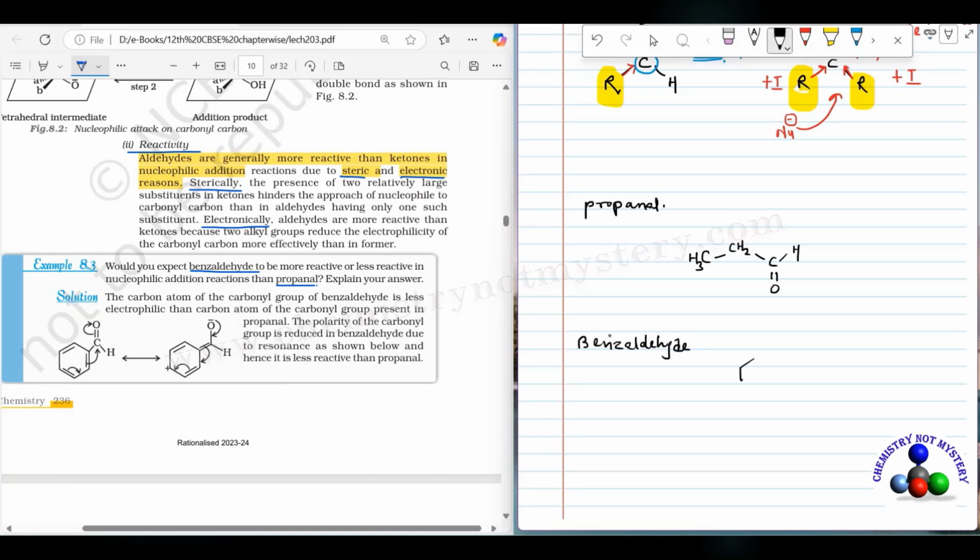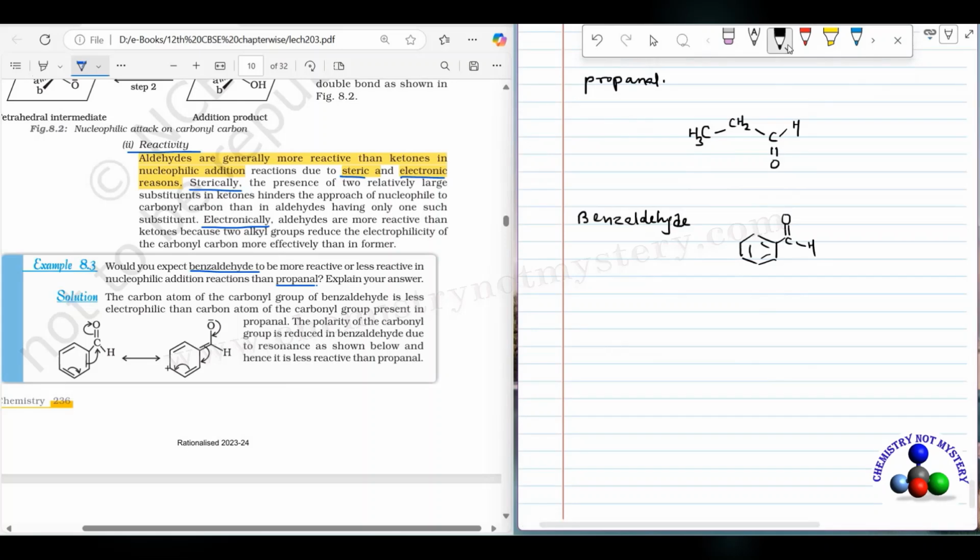So this is benzene, to which the aldehyde functional group is bonded. So here this is benzaldehyde. In propanal, there is one alkyl group which donates electron density through plus I effect to the carbonyl carbon. So this carbon is the electron deficient carbon. But in case of benzaldehyde, there is resonance. Pi electrons of the benzene ring contribute in the resonance of benzaldehyde, and because of it you will get another resonating